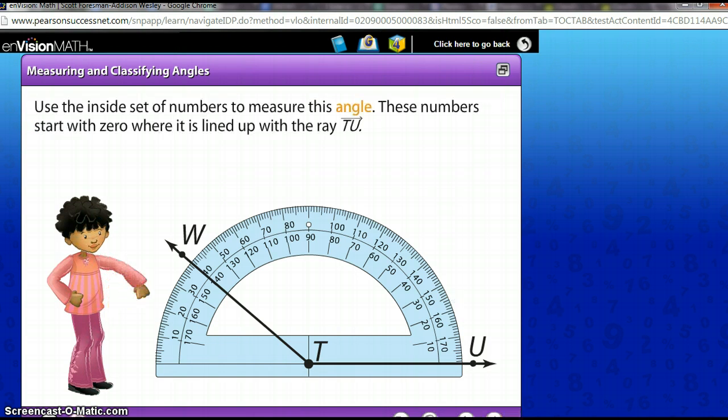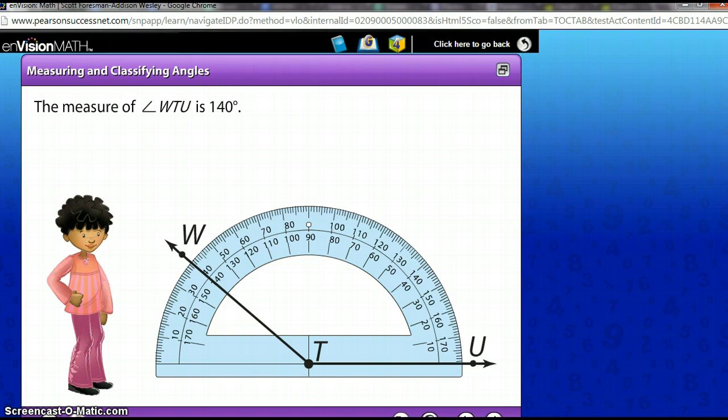Okay, let's keep going. Use the inside set of numbers to measure this angle. These numbers start with 0, where it is lined up with the ray TU. The measure of angle WTU is 140 degrees. Okay, so